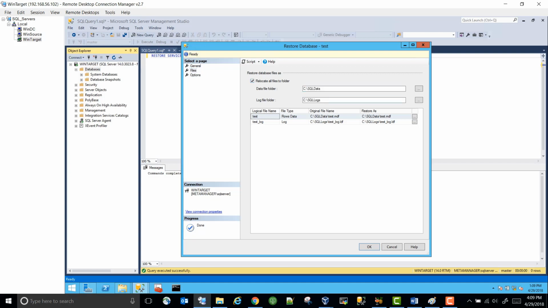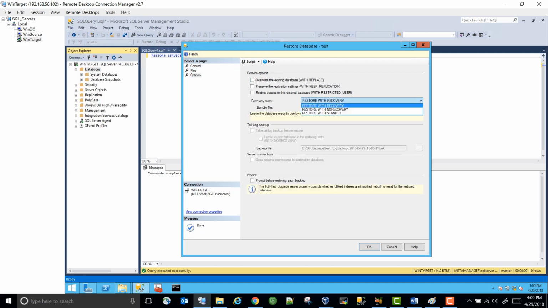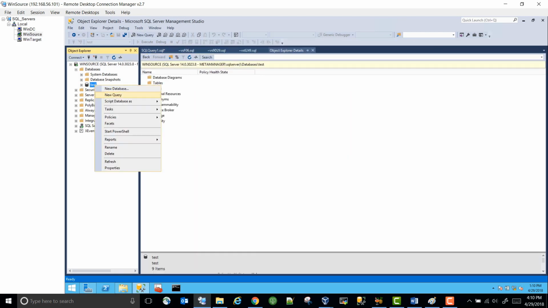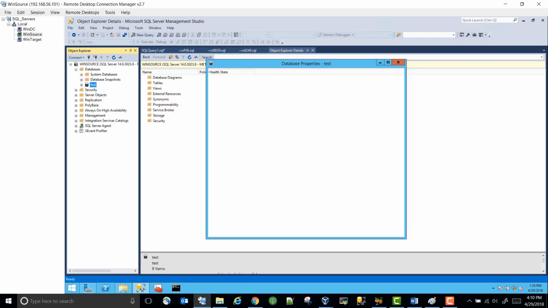You can relocate to whatever directories, and then say you want standby. To put the database in standby, it will create an undo file. If you are going to put it in no recovery, then it's not going to create one. So I'll just put it in standby. Oh, let's do this. We need to create the log shipping, right? So let's create no recovery, and then go to properties,